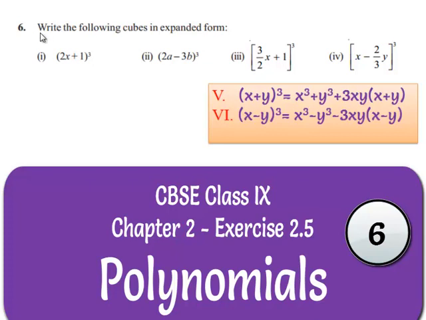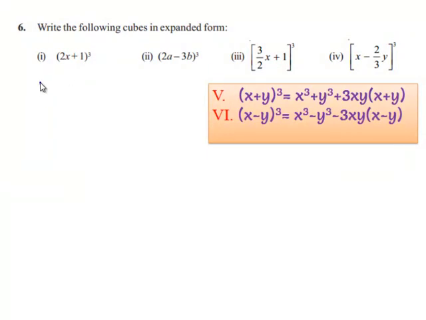Coming to the sixth problem, write the following cubes in expanded form. So the first question is (2x + 1) whole cube. This can be compared with the standard identity (x + y) whole cube is equal to x cube plus y cube plus 3xy multiplied by (x + y). If we compare the given bit with the fifth identity, we get x is equal to 2x and y is equal to 1. So (2x + 1) whole cube can be written as